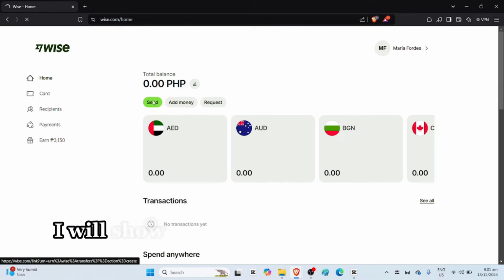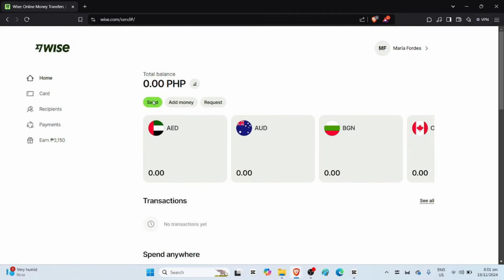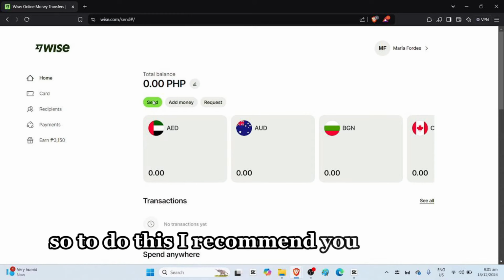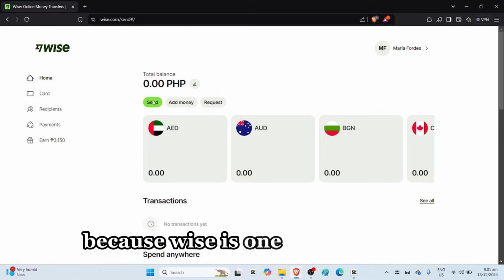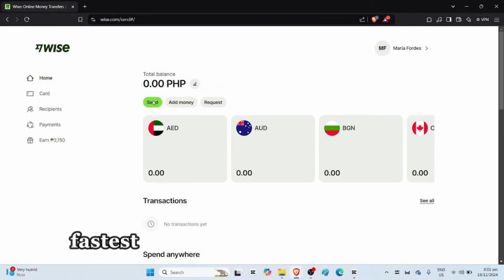In this video, I will show you how to transfer money from Canada to UAE bank account. So to do this, I recommend you use Wise because Wise is one of the easiest, fastest, and cheapest ways